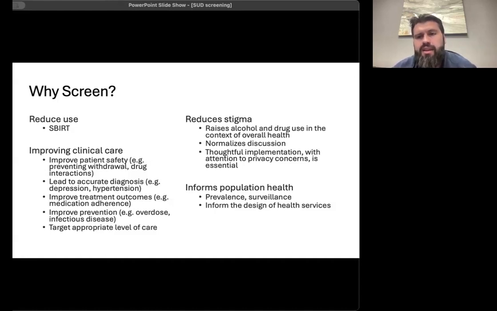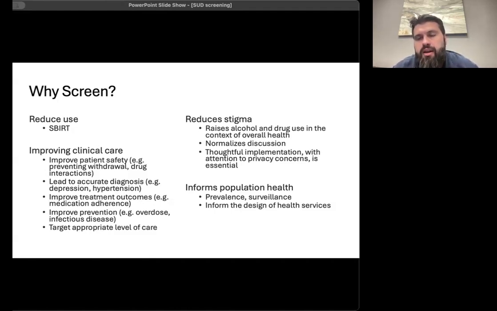The other thing that it does, though, is it creates an environment that reduces stigma, right? So we can say that alcohol and substance use is important to general health and overall health. And if we start normalizing these screens and normalizing these discussions, I think you're also going to see a wave of people being, hopefully, more transparent when discussing this. And it allows us to capture more patients and help more people overall.